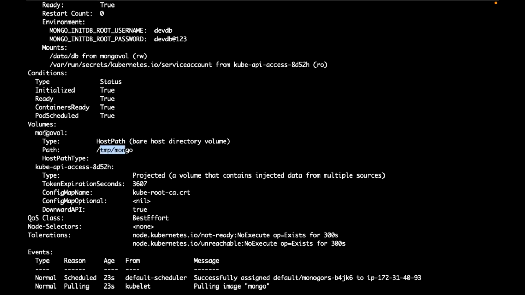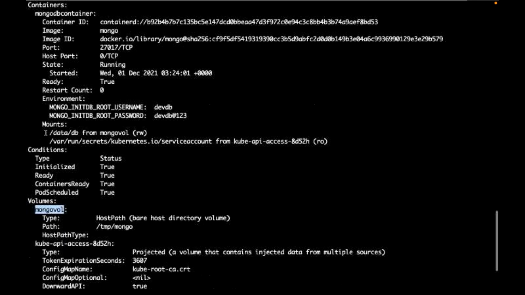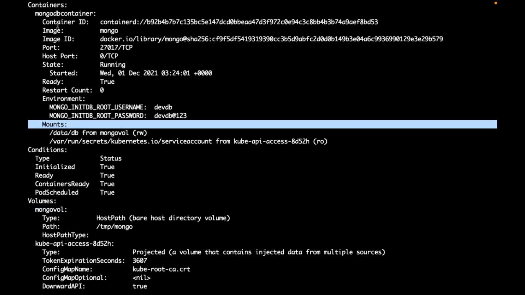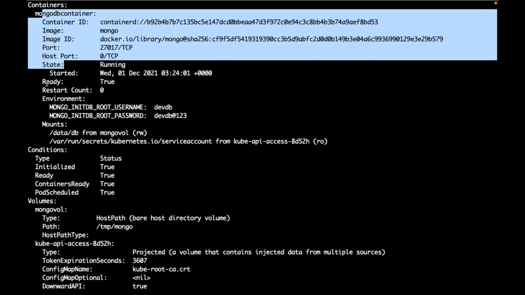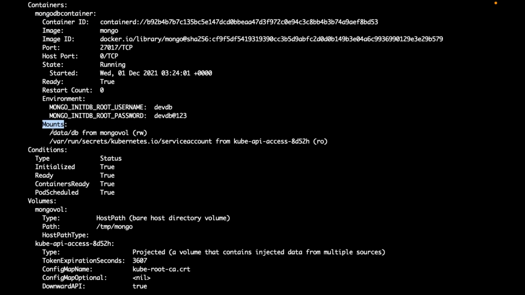This is the path. If you see volume mounts to this container, is this volume mounted with this data/db directory for that container?